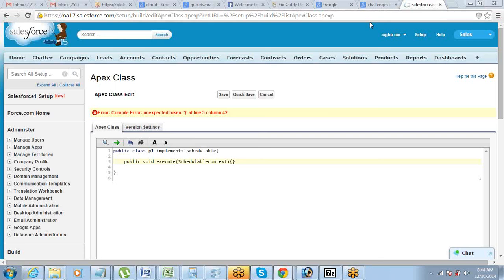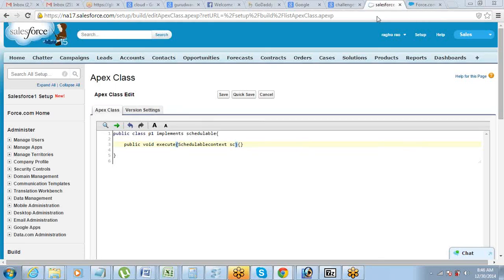Okay, so basically you first of all say implements Schedulable, and secondly you will have to define a method, execute, with whatever code logic you want to execute.